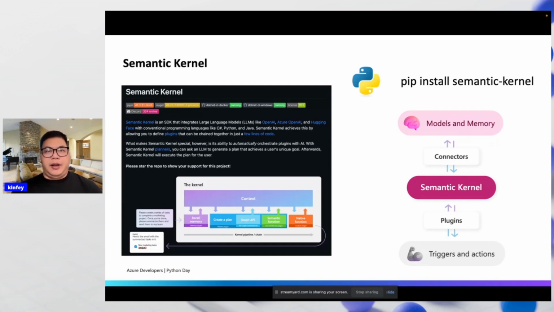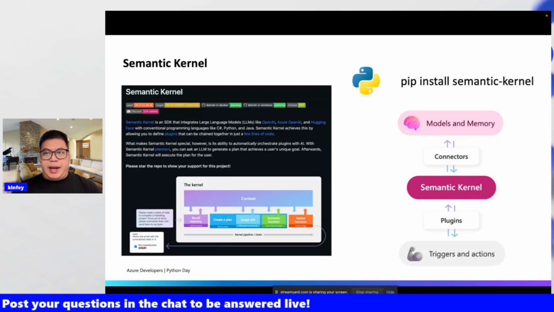Why? Because Semantic Kernel supports different languages, not just Python. You can use .NET or Java with Semantic Kernel. Another thing is it can help you control and manage your prompts. It also has very important key concepts: connector, plugin, and memory.